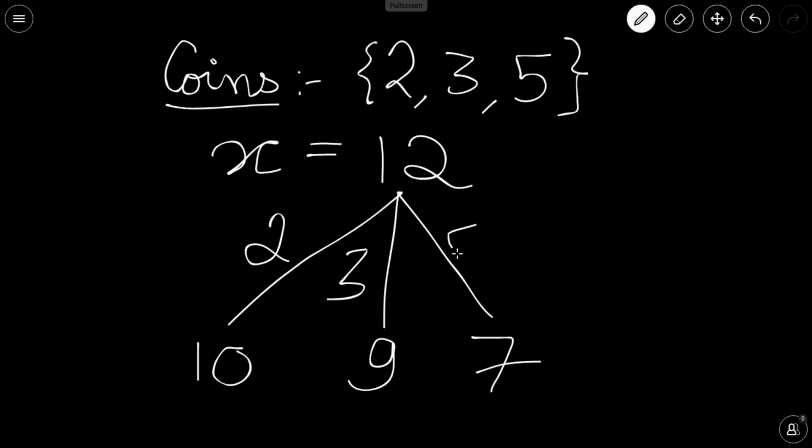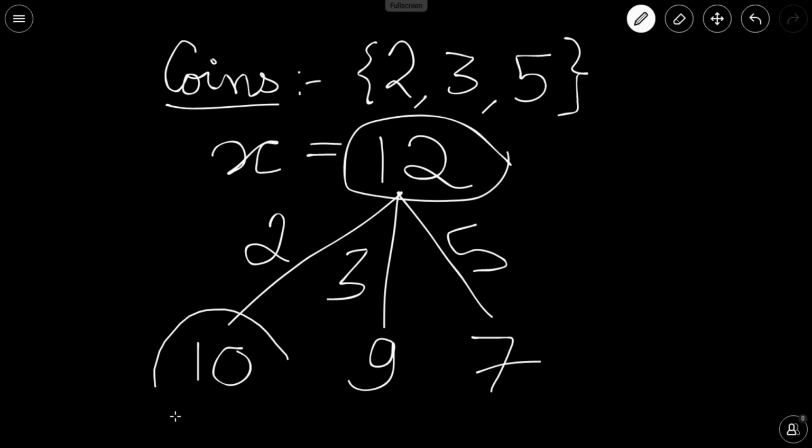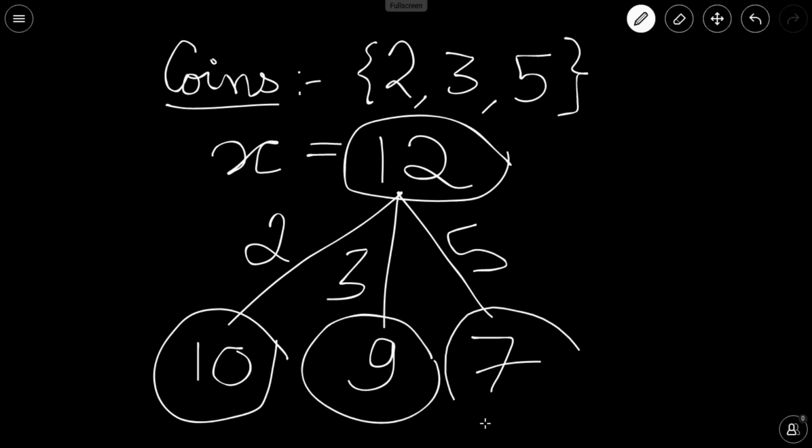Now with this you have an idea that we are just reducing the problem into smaller subproblems. You can say that if I want to make a sum of 12, then it is equal to the number of ways to make a sum of 10, plus the number of ways to make a sum of 9, plus the number of ways to make a sum of 7.